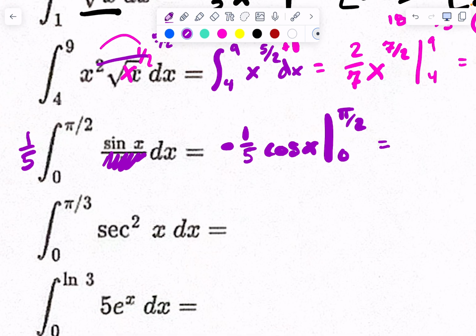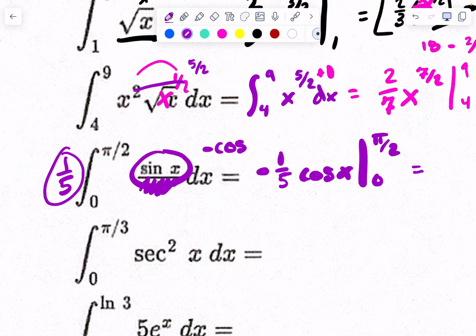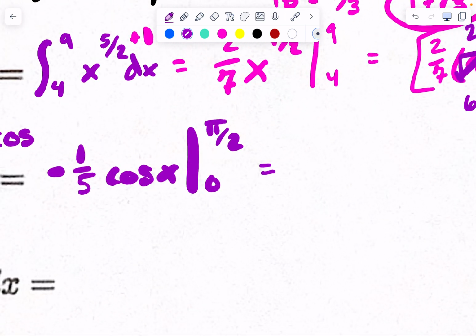The antiderivative of sine is negative cosine, right? So I put 1/5 with him. Negative 1/5 cosine of whatever from 0 to pi over 2. That's it. Okay, negative 1/5 times cosine of pi over 2